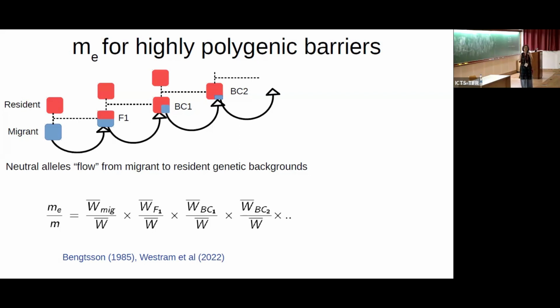hybrid and recombinant offspring. So this sort of gives us some handle, but of course we still don't know what the relative fitnesses of these individuals are. But we have a sense that this should depend on how different these two genotypes are. So if there's a lot of swamping, if there's a lot of gene flow and populations are becoming similar, then these relative fitnesses will be high. Because they're not very differentiated, but if these populations are very diverged, then these relative fitnesses are low.